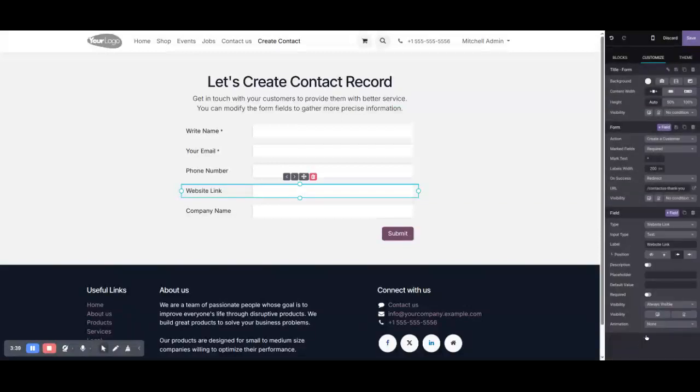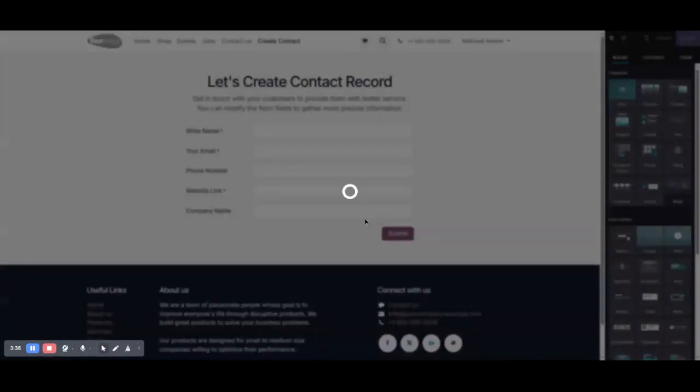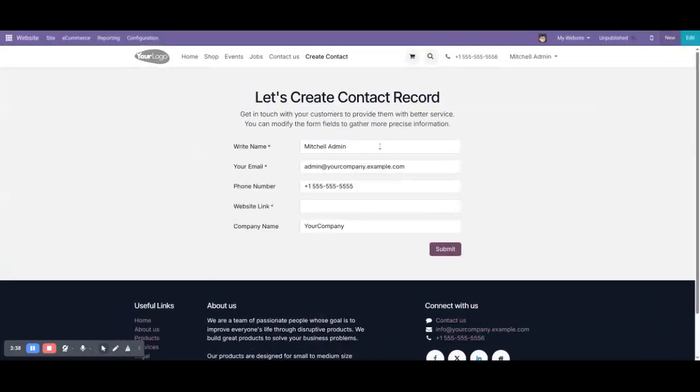I select website link, and it must be required, right? And I will click on save, and if a user comes here and fills the test customer